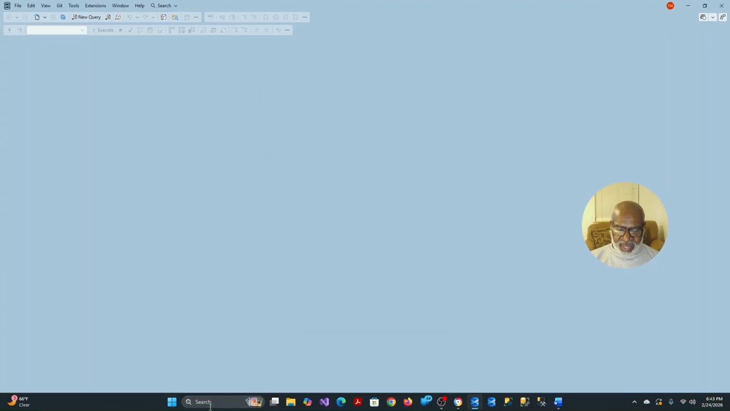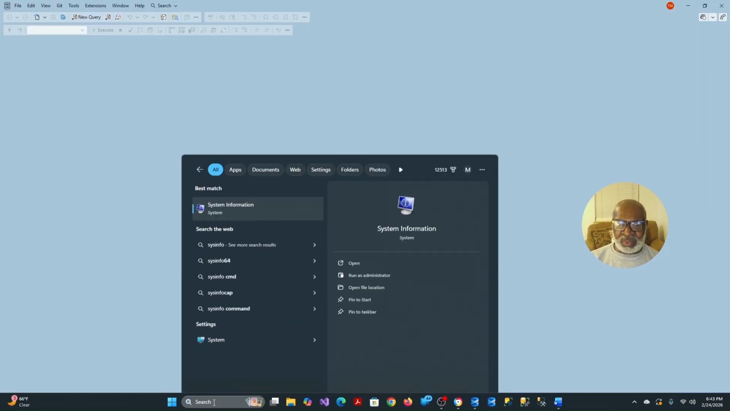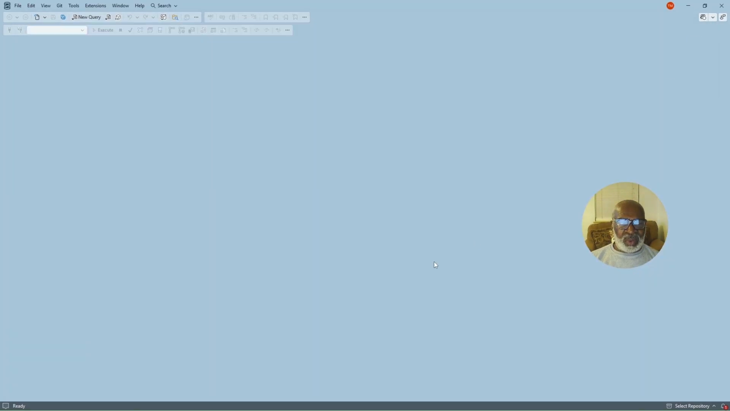If we go here and we type in sysinfo, you'll notice that the system name is app developer. This is the system that is hosting the installations of SQL Server. Now, when we go back to Management Studio, I close the Connect dialog window, but normally what I do